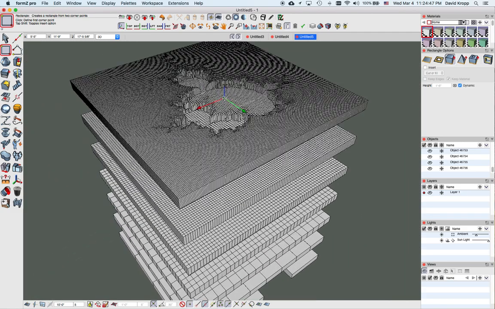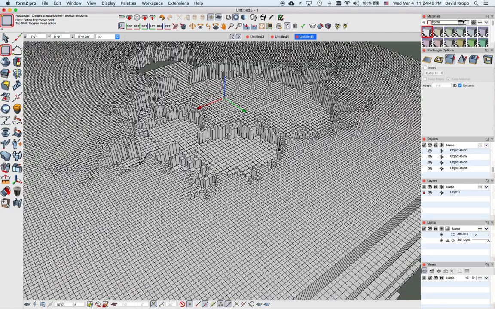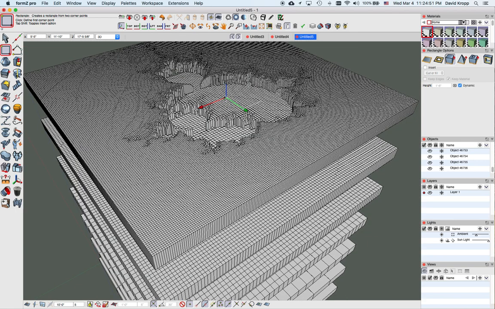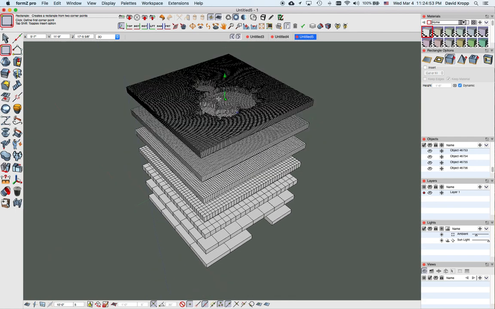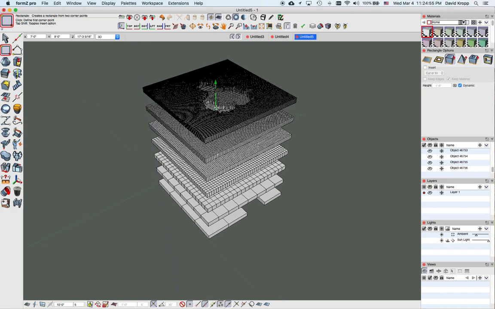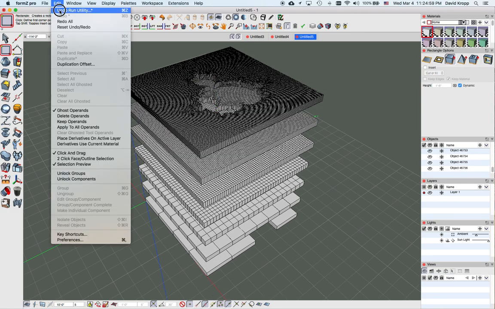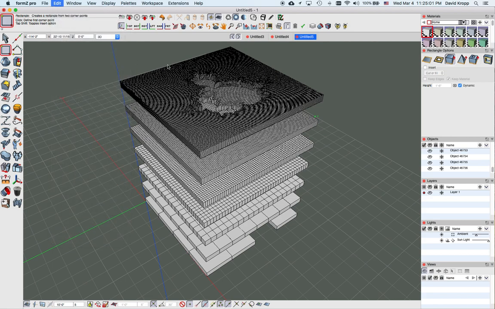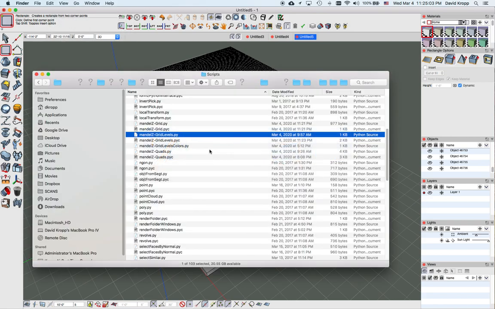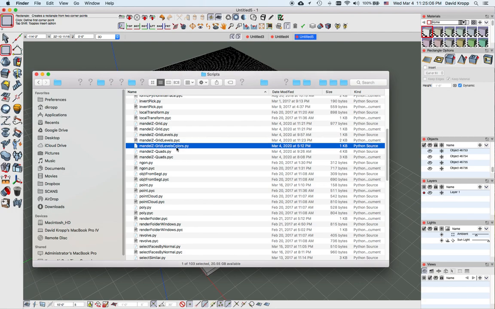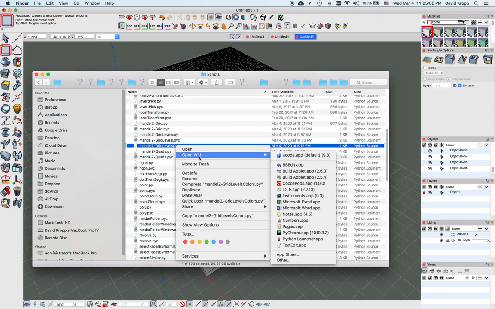Now as I zoom in there, you notice it's kind of hard to see those layers. It would be nice if we had some colors in there to distinguish it. So I have yet another version of the script. I'm going to undo that one, and I'm going to go look here. I have one called Level Colors. So once again, I'm going to open this with